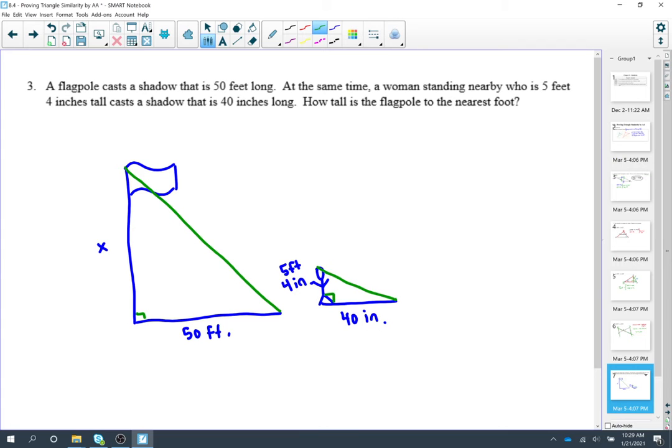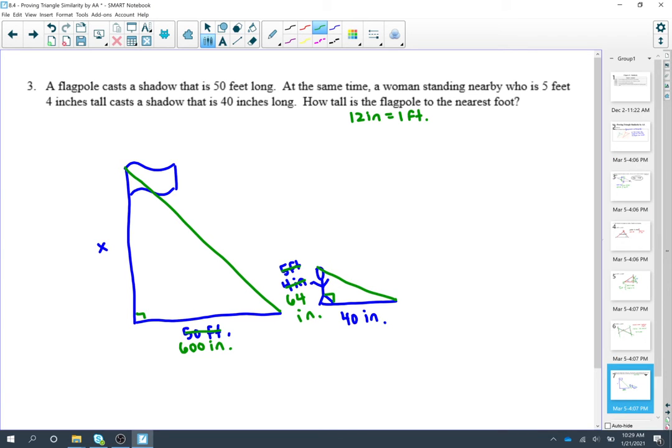Now the problem is that this is in feet and inches, this is in inches, and this is in feet. So we have to convert everything, and I'm going to choose to convert everything into inches. Keep in mind that there are 12 inches in 1 foot. So for my 50 feet, I'm going to take 50 times 12, which gets me 600 inches. And then if I take 5 feet times 12, that's 60, plus the 4, this is going to be 64